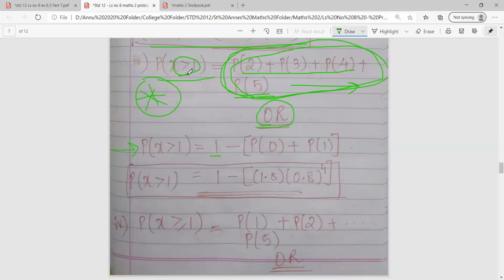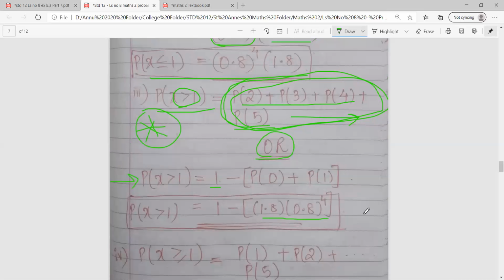For less than, there is no shortcut. So the shortcut is 1 minus P of 0 plus P of 1. So 1 minus 1.8 into 0.8 raised to 4. Where did this come from? You recently found out, it is there above. You have recently found out the value. So with this, you can